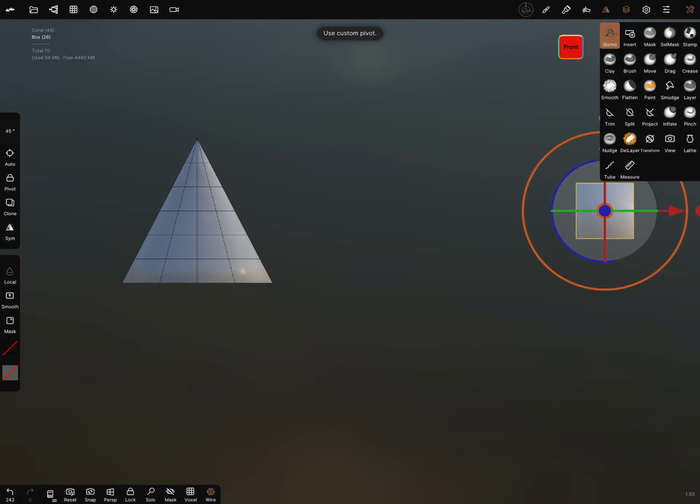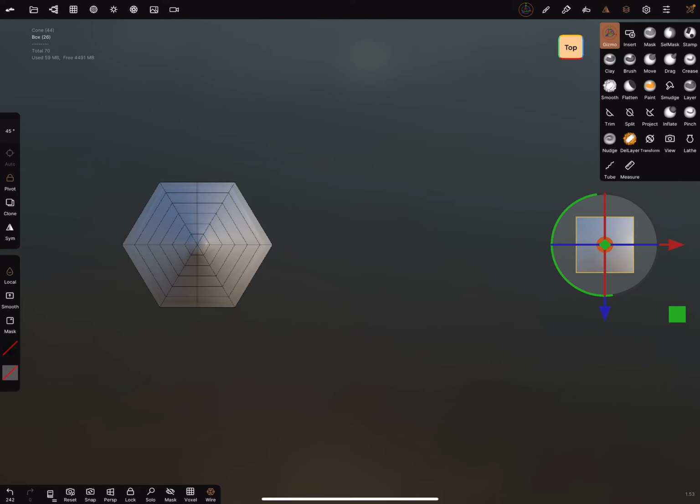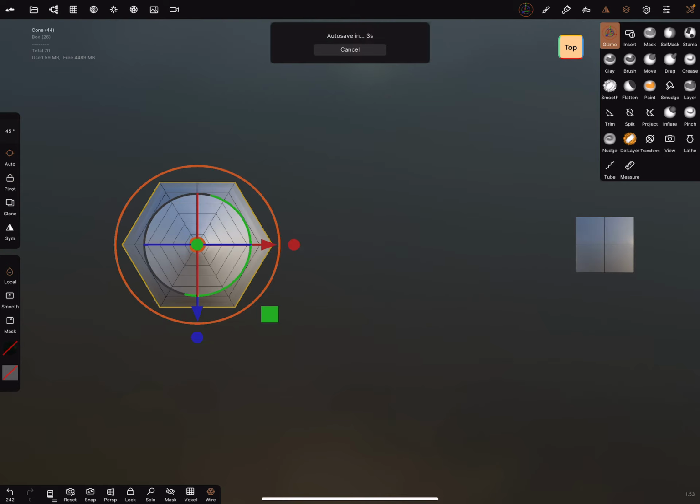Now turn auto off, make the pivot active, and test, for example, first hit. And we go to the top view, and we press on the middle of the top of the cone.